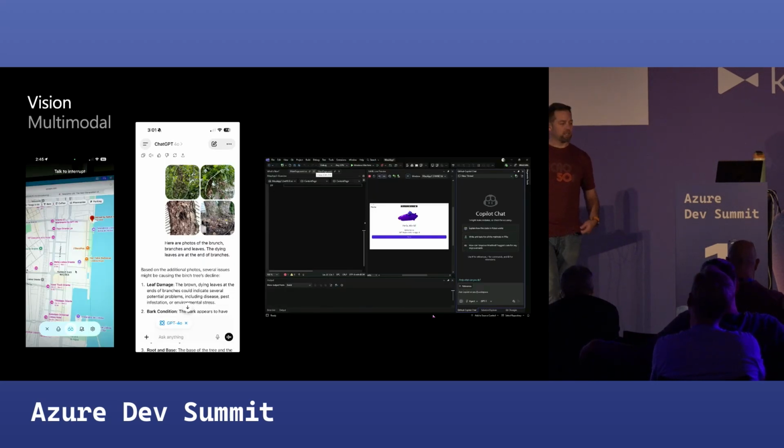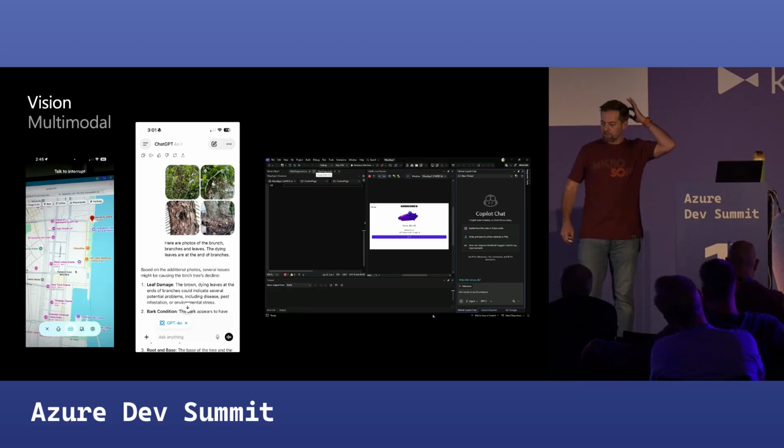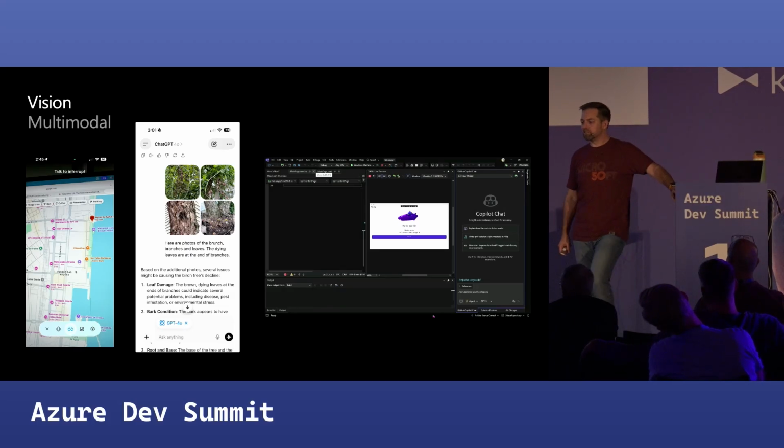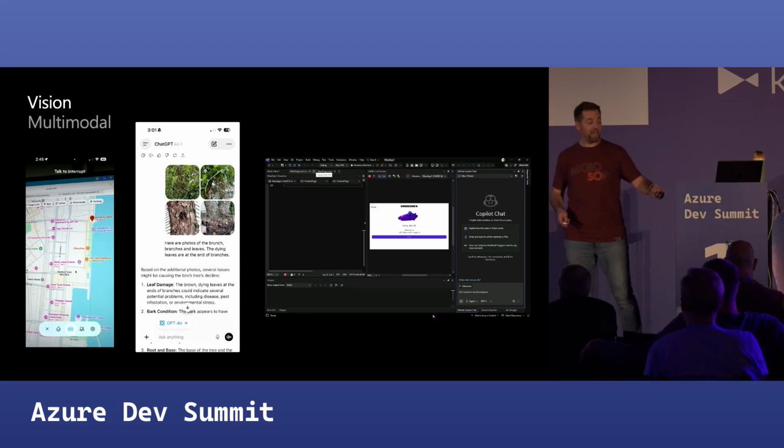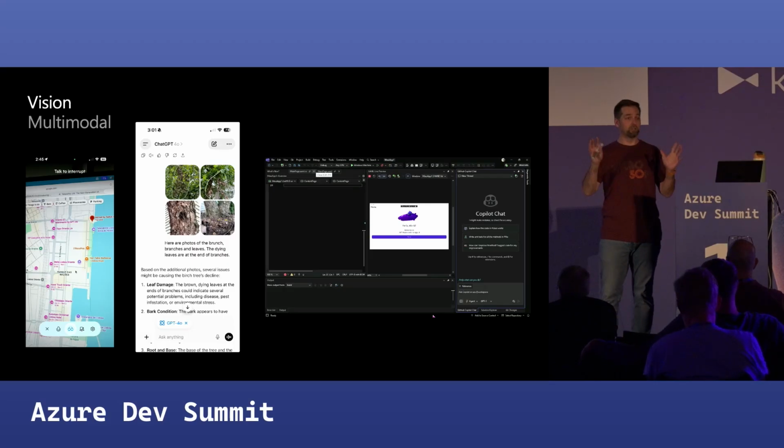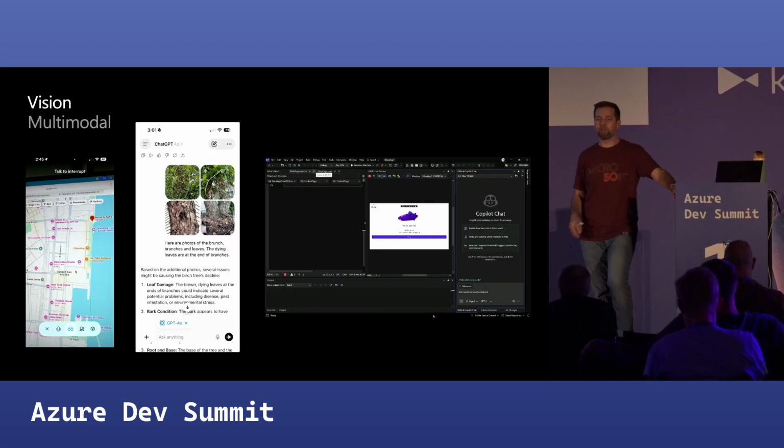So real quickly, just a little bit on vision, and we're almost done. Here's an example of me using vision. I was talking to Copilot, or maybe that's ChatGPT. Their UIs look so similar that it's very hard for me to tell. I think, no, okay, the first one is Copilot, the next one's ChatGPT. And I was like, hey, I'm going to Portugal, can we look at a map? And it was like, no, I can't look at a map. And I'm like, well, I can.